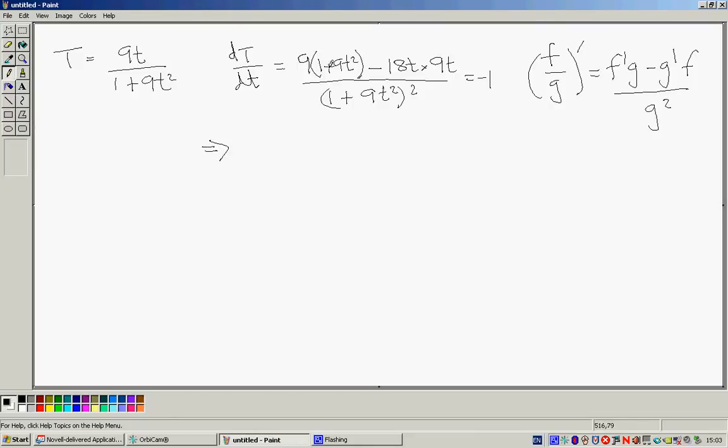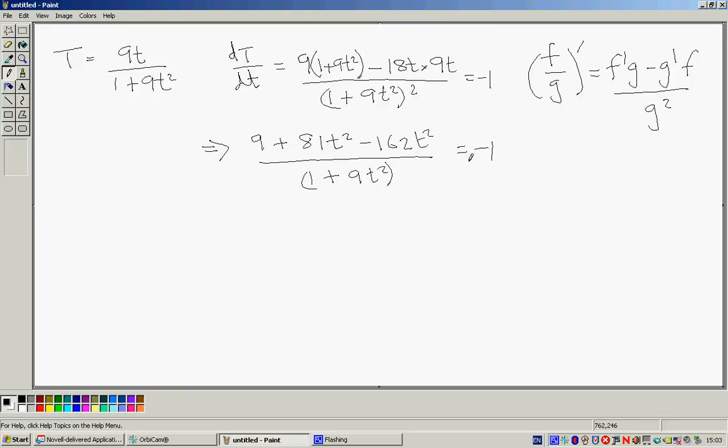So in the next line we can expand this bracket with 9 times 1 is 9, plus 9 times 9t squared is 81t squared, and 18t times 9t is 162, so minus 162t squared, over the same denominator